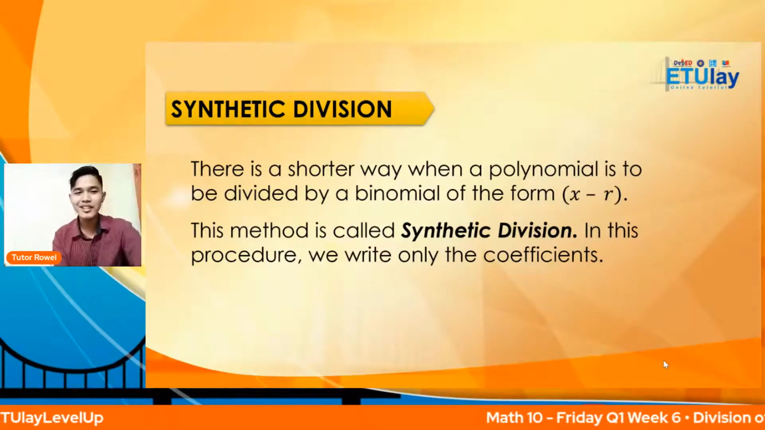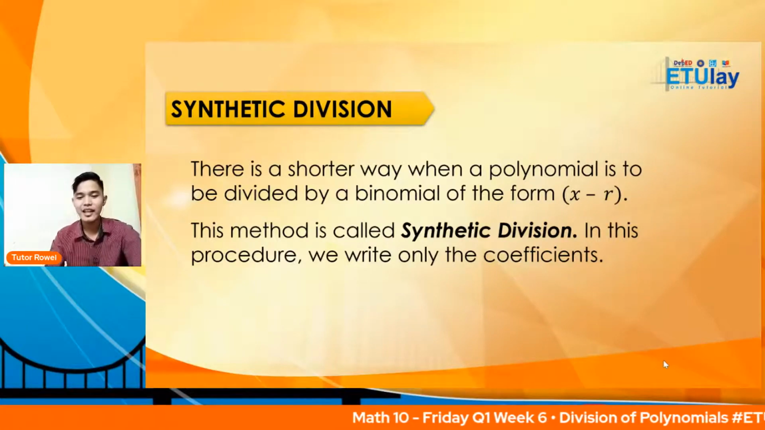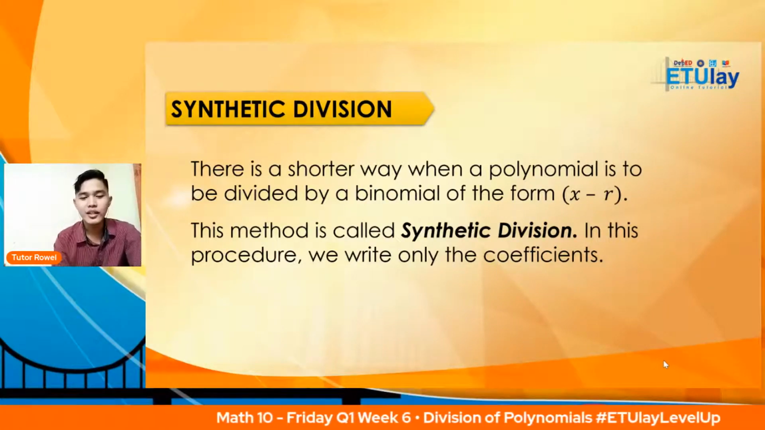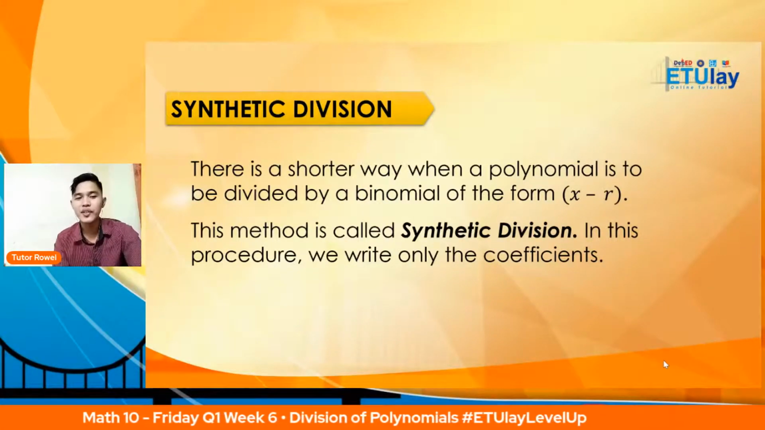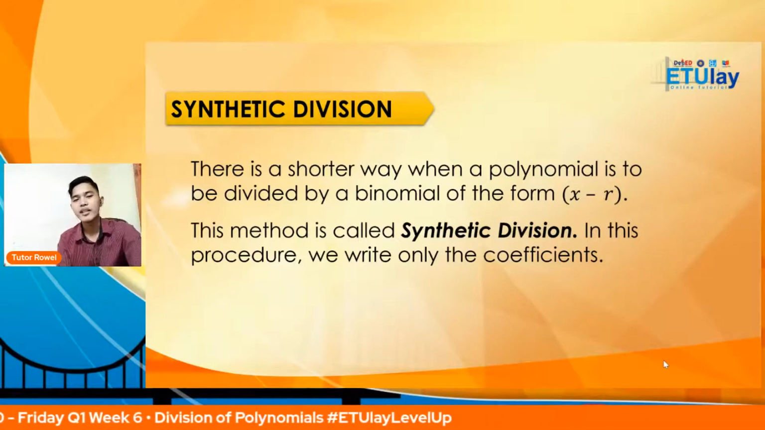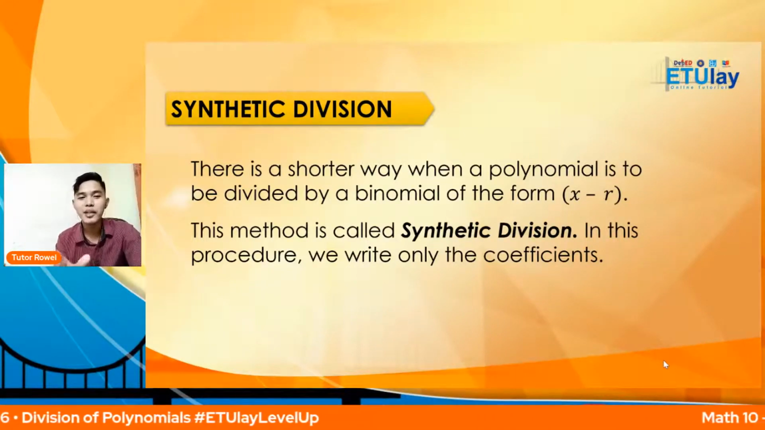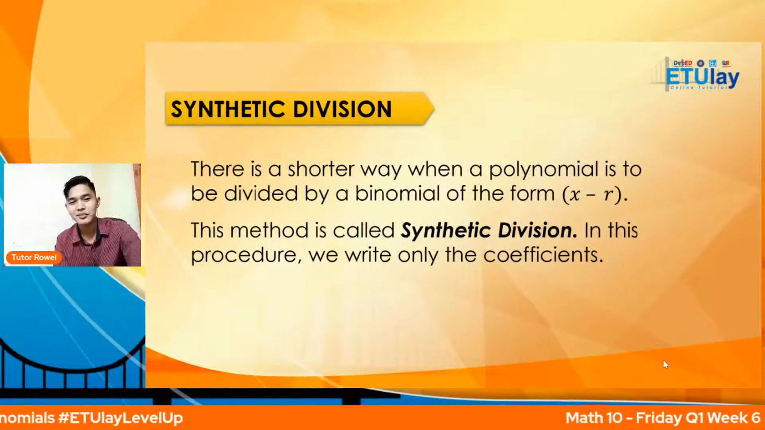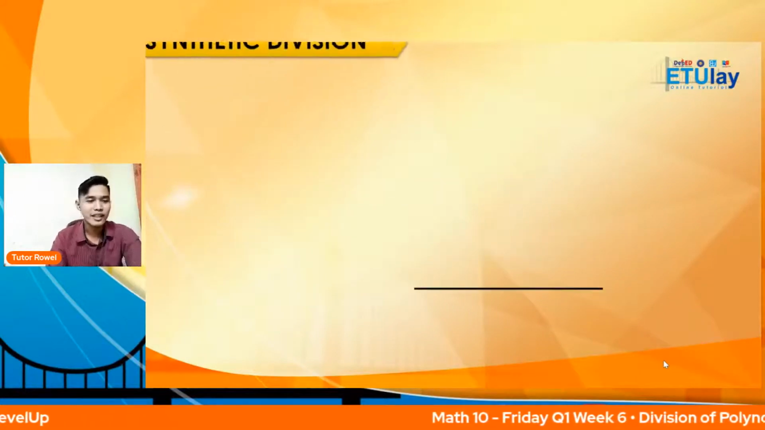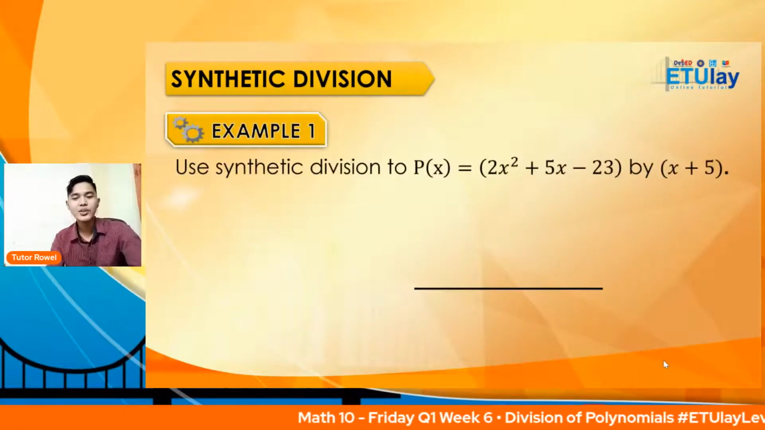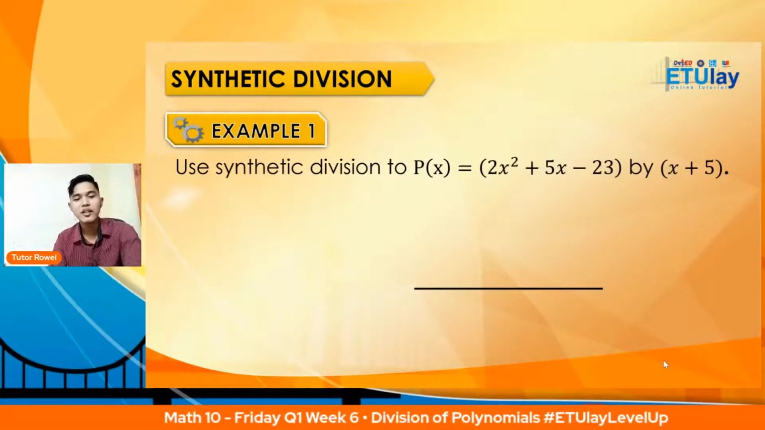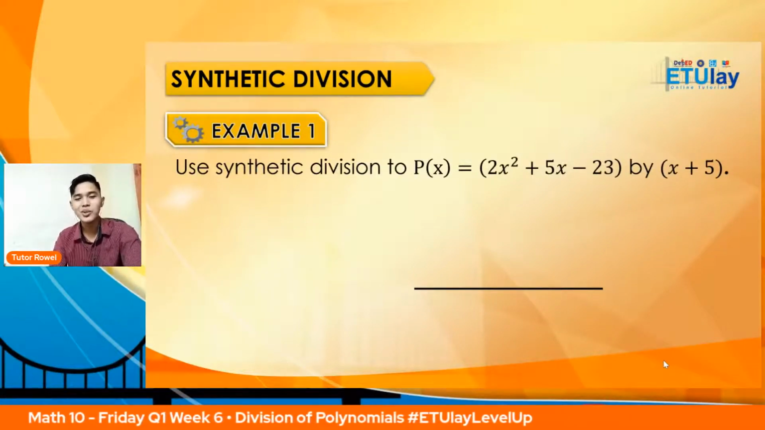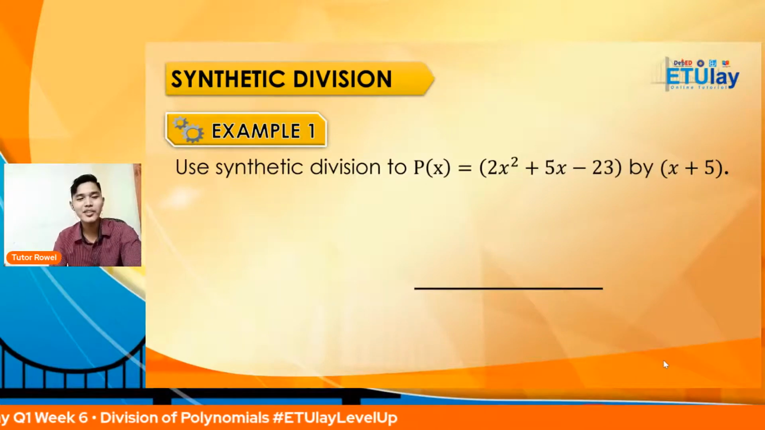So are you ready, Macleod? I know you are ready. Here, reminder, we will write only the coefficient. The coefficient, or what we call the numerical coefficient, is the number beside x. Okay po? Okay, example. Use synthetic division to divide p of x equal to 2x squared plus 5x minus 23